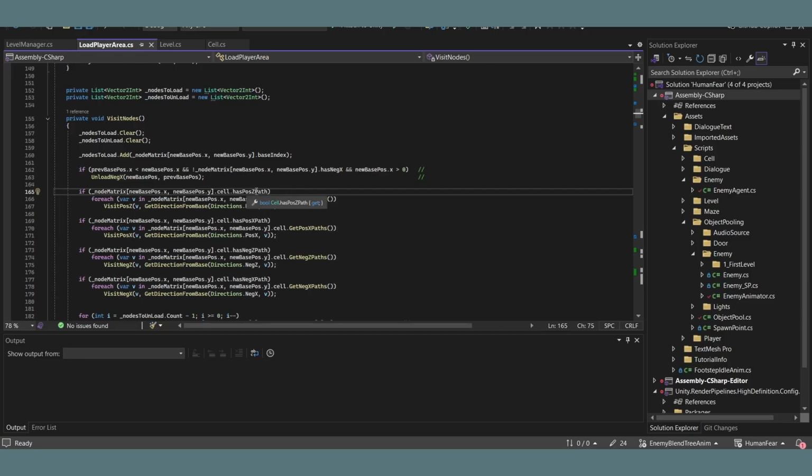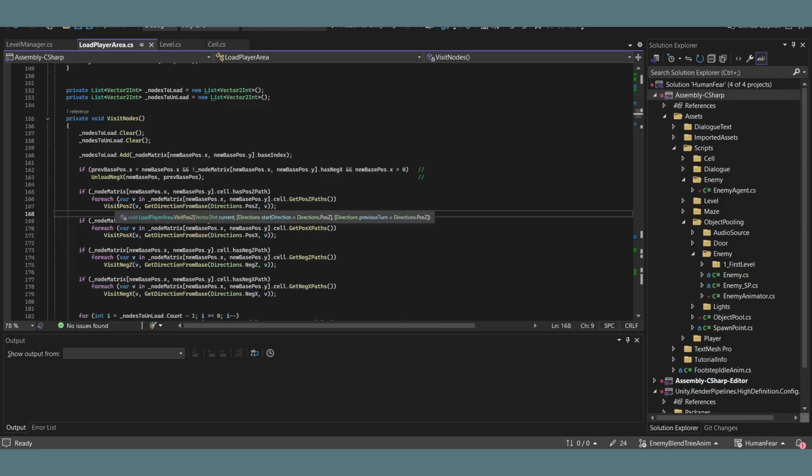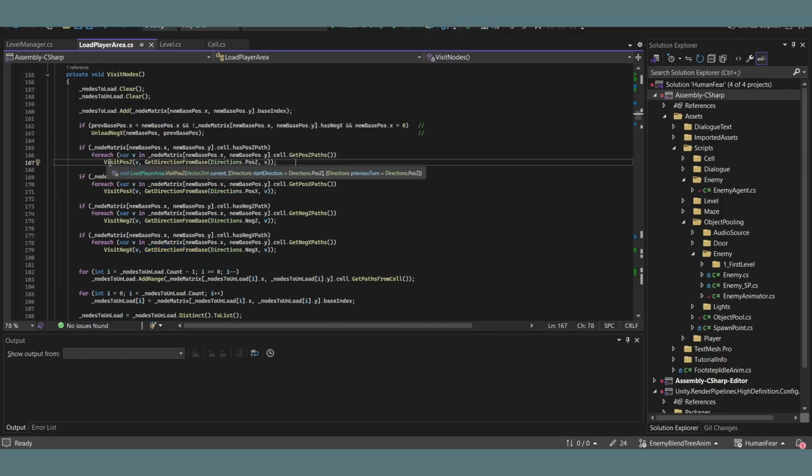The process of checking if the cell has a path in that direction, and then iterating through the paths within that direction, and checking whether or not there's an offset between the player's position and the position of the path, happens for every single direction, so positive x, negative z, and negative x. But once we verify whether or not there is an actual initial offset, so for a 1x1 cell there never would be, because no matter what, everything is directly accessible, we call this visit positive z function, passing in the path position and the direction that we got, as well as a default value of positive z, because we don't actually pass a third variable to this function, so the default value of positive z is used,